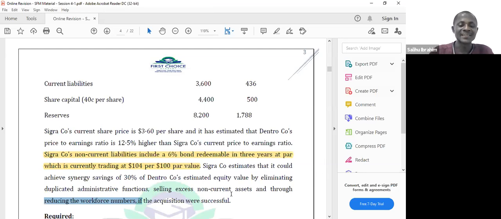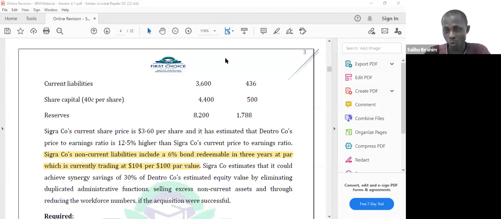So Sigraco is saying that if Dentroco is acquired, then it should be able to have some savings in the form of elimination of duplicated administrative functions, selling off some assets that are surplus to requirements, and